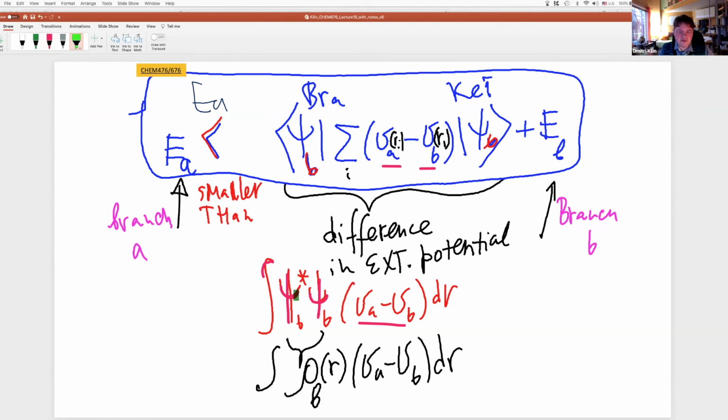A little next step: such a product of wave functions can be converted into density. So we will keep the same inequality, but we will cast it not in the language of wave functions as we typically did for the variational theorem, but using this language of density. So we'll multiply density times the subtraction of potential.